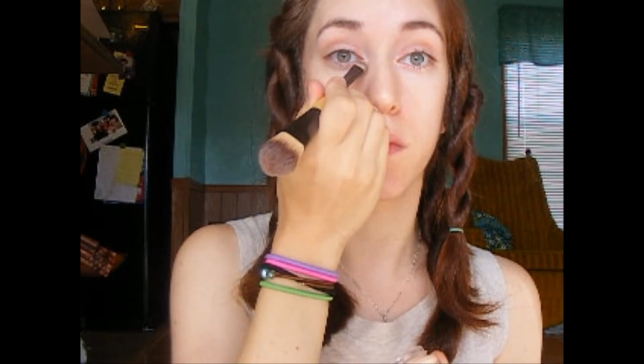I like to apply my concealer with this little foundation and conceal brush. There's one end that's sort of flat, a little bit rounded. Also, I think I put way too much on this eye, but it'll be fine. Pretty okay, so now we're going to move on to foundation, and it's the summer here, and it's crazy hot,